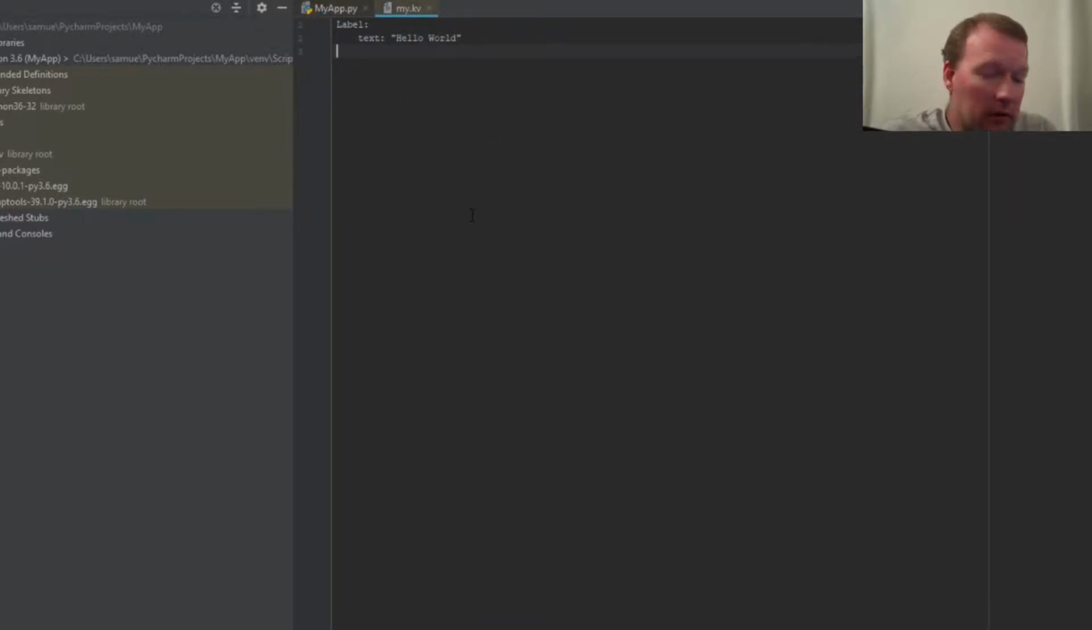We're going to stick with the Kivy file right now. So, alright, we've learned that we need to make a Kivy file to run parallel and support our Python file, our .py file, for our Kivy application. Now, this is a very basic